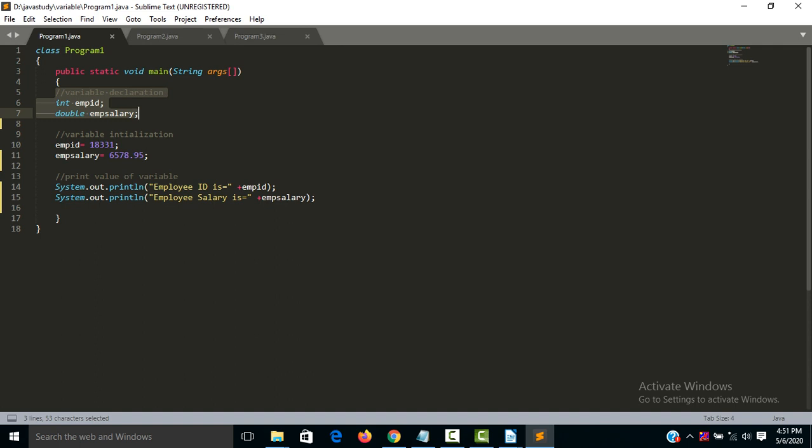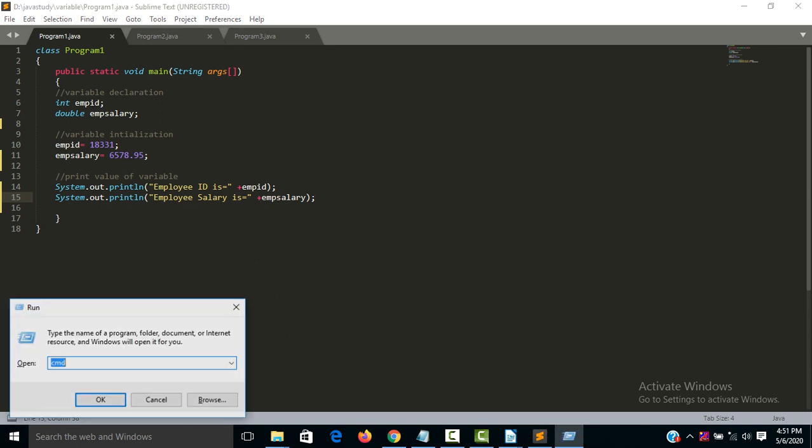Int is the data type and employee id is the identifier. Here the employee id equals this value and employee salary equals this value. This is the initialization of the variables, and here we print the value of the variables. Let's execute this program and see what the output will be.